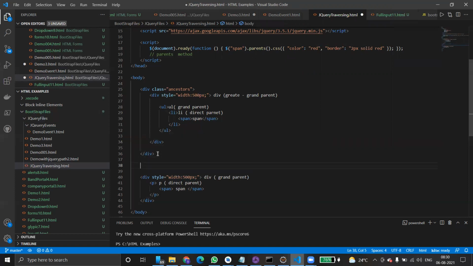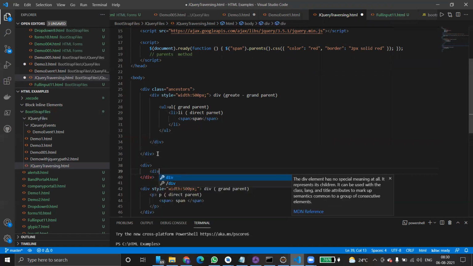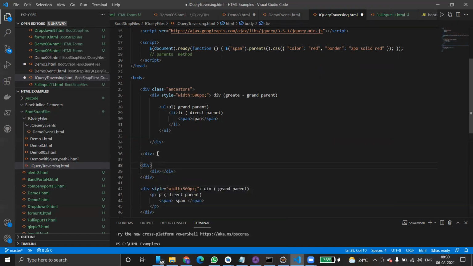Suppose we are writing a division, another division inside, this is the grandparent, and this is a direct parent.